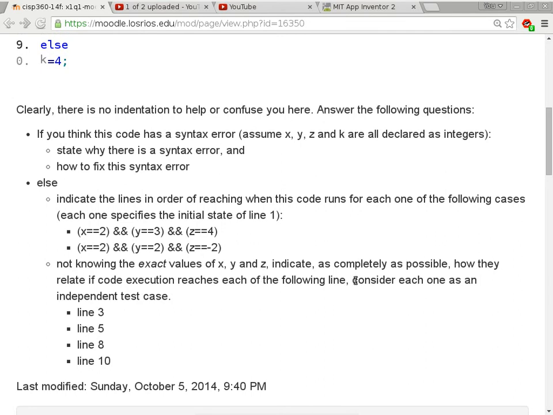The question is asking, not knowing the exact values of x, y, and z, indicate as completely as possible how the variables relate if code execution reaches each of the following lines. And so that means if I get to line 5, tell me how the variables relate to each other. Which one is smaller, which one equals the other one. Tell me something about how they relate. And I see that in the text box you put,